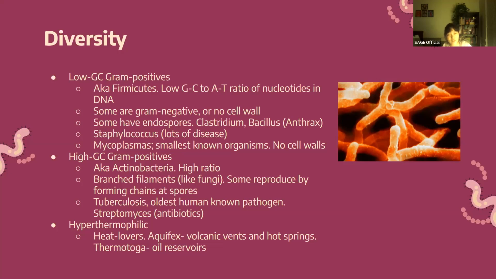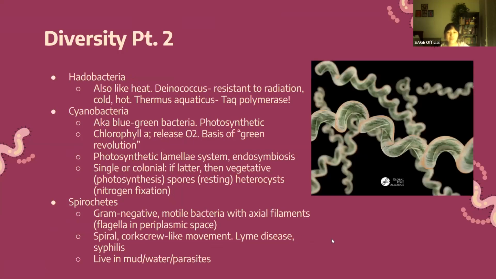hyperthermophilic bacteria are heat lovers. Examples include Aquifex, which are found in volcanic vents, and Thermotoga, which are found in oil reservoirs. So have you heard of PCR? It's okay if no one has. But anyway, PCR, okay, so